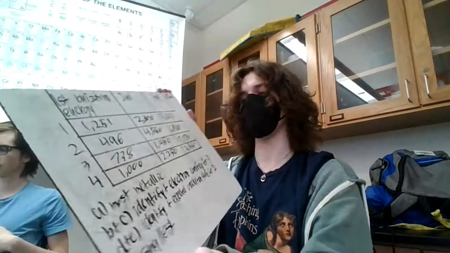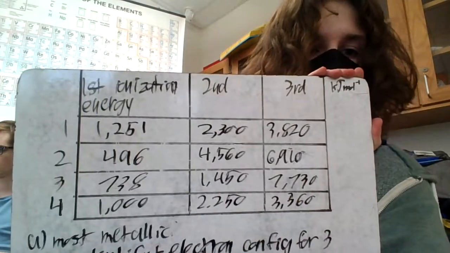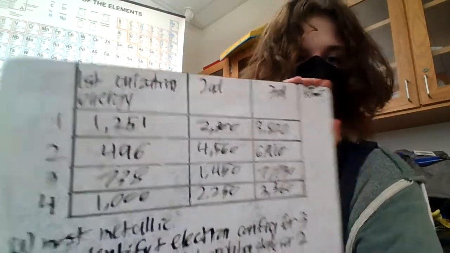So take a look at those ionization energies for element 3. It has a relatively low first one, a pretty normal looking second one, and then a huge jump at the 3rd one. So that tells us a few things. If we think about Coulombic attraction,